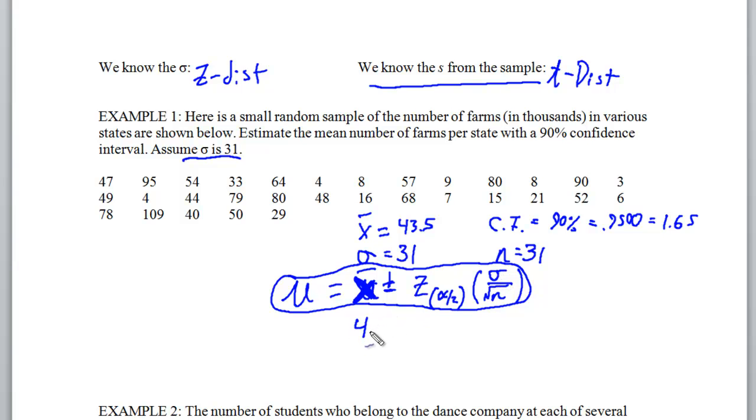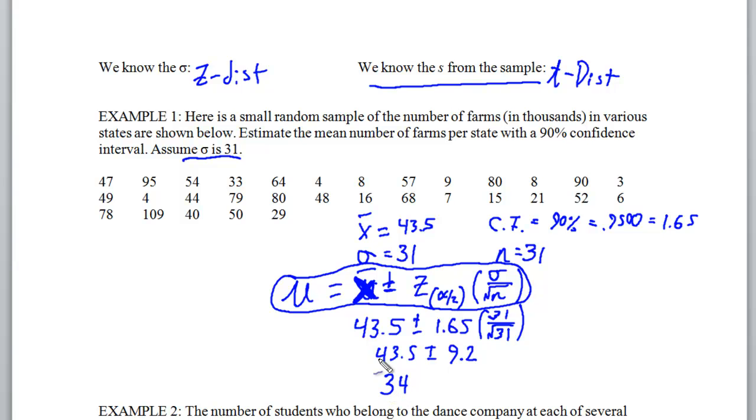So let me just quickly compute this problem out. You may want to pause this before going any further to see if you can get this answer before I reveal it. So press pause now. All right, if you've unpaused it or you're just letting this roll, your answer is 1.65 for our confidence interval there. Our numerator is going to be our standard deviation, and our denominator is the square root of our sample size, which by coincidence was the same number given in the problem. So this makes 43.5 plus or minus 9.2, if you computed that correctly,